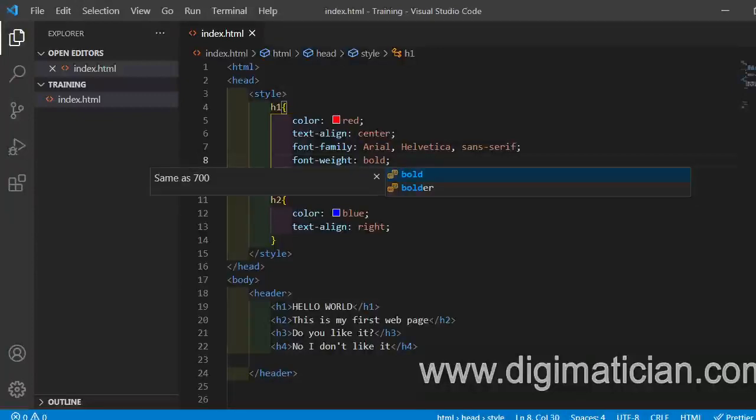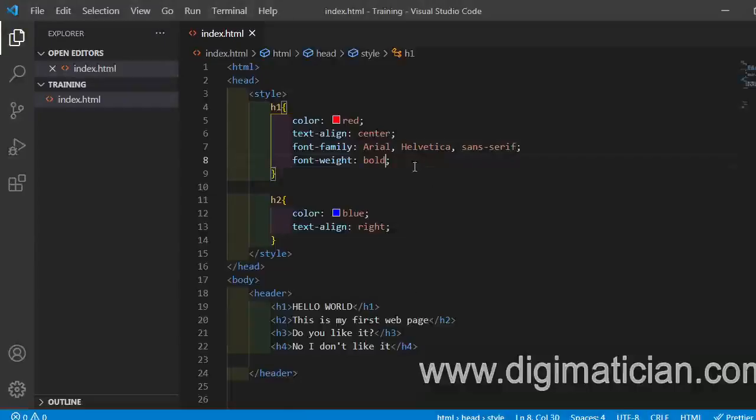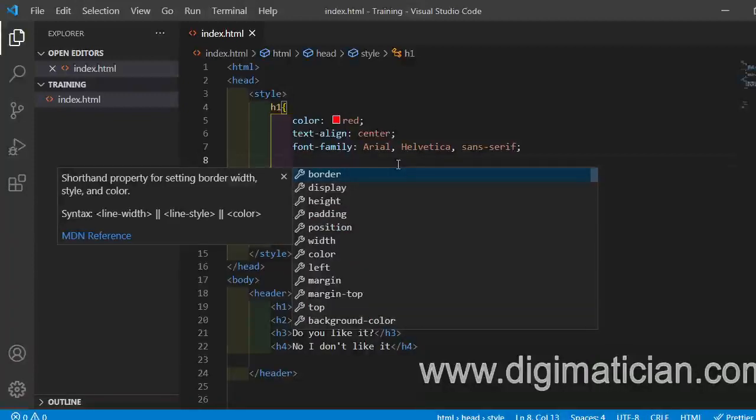I'll say bold. So if you go to bold and refresh, you see it will not do anything because it has a color already, so it won't do anything. So that's just it. There are many things you can do on this header, and if you go to Visual Studio Code, if you want to get suggestions, just click Control and space,